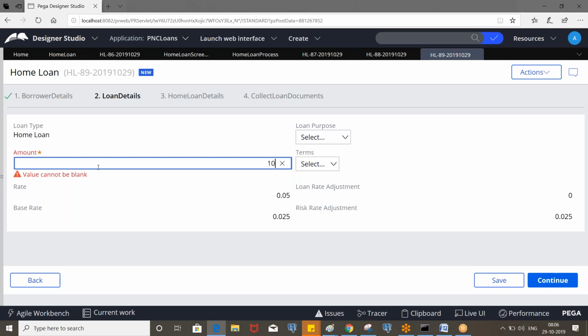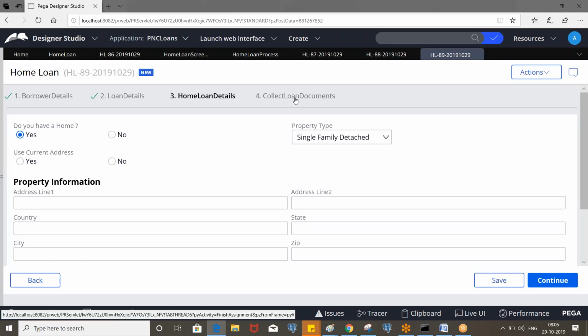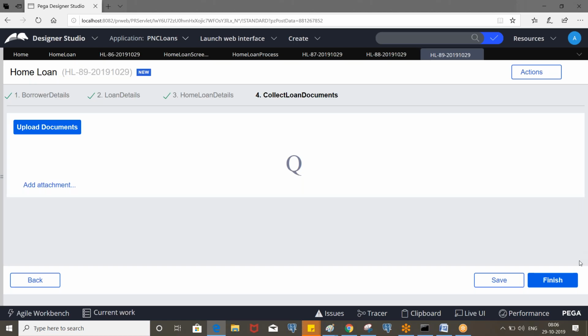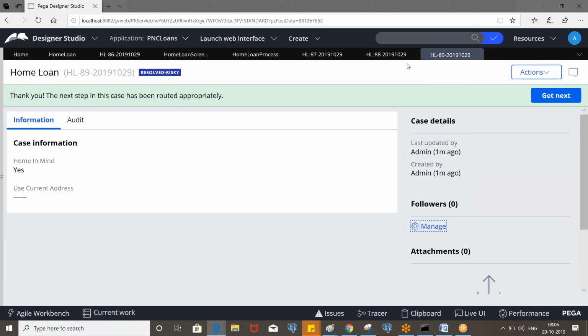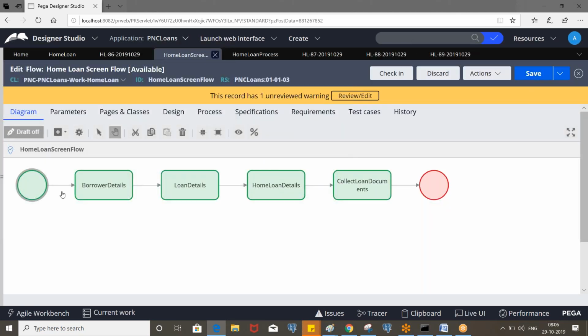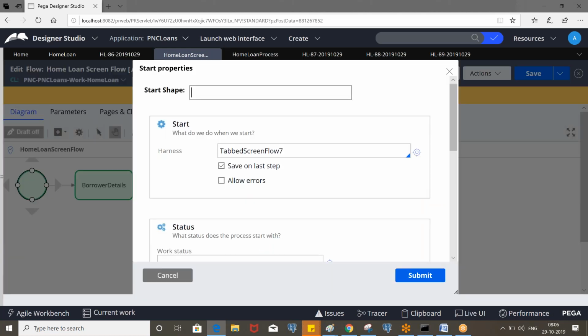So we must need to enter again. I think this is the behavior of that. It should not actually, it should not allow. So okay, we'll discuss that.